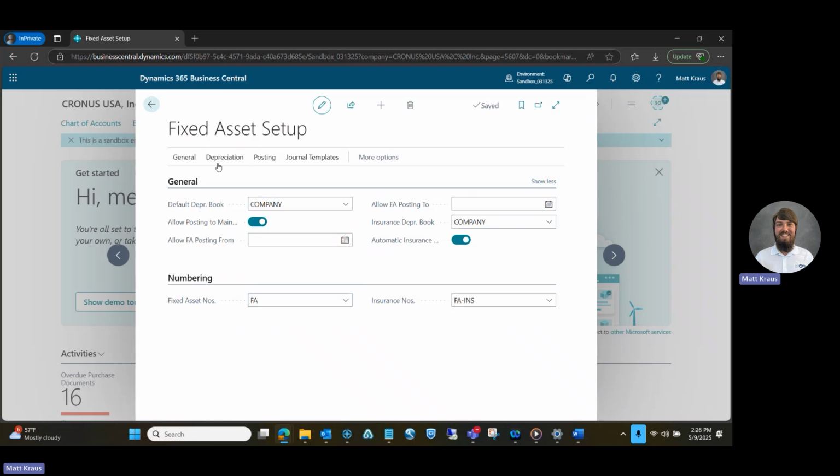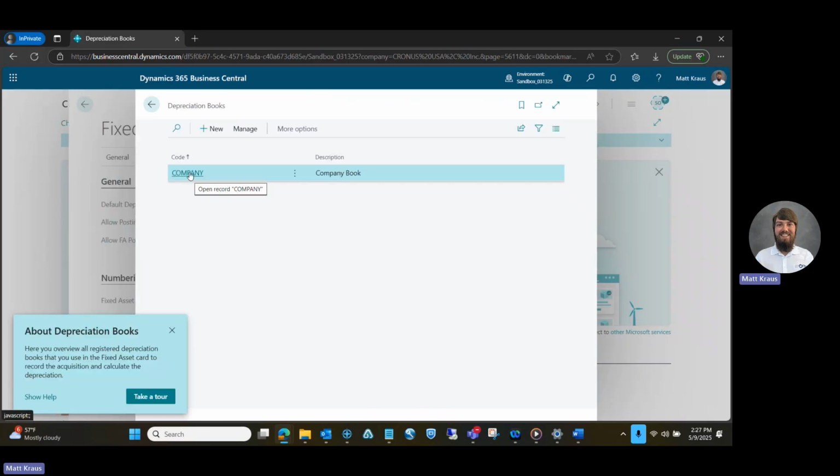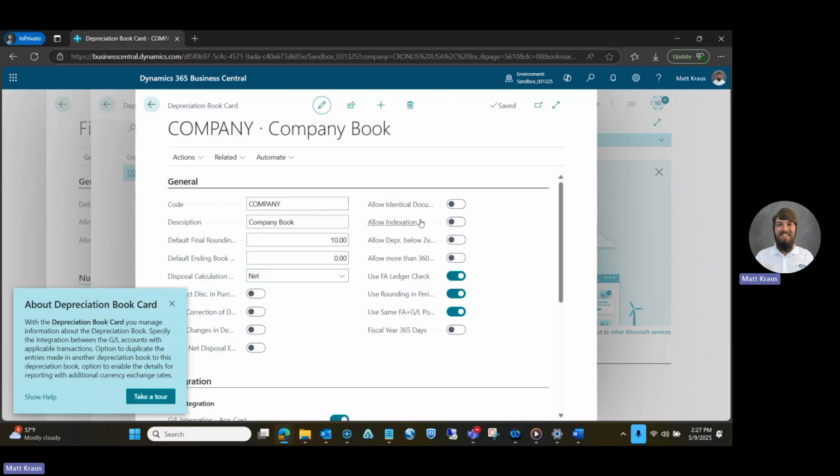So a few other notes. There's depreciation over here. You could look at the depreciation books, and this will allow you to set up those depreciation books for the depreciation purposes. So if we click on that, we can see that the default one in this default company is called company. If we select that, it will show us a more kind of descriptive version of the book card for the